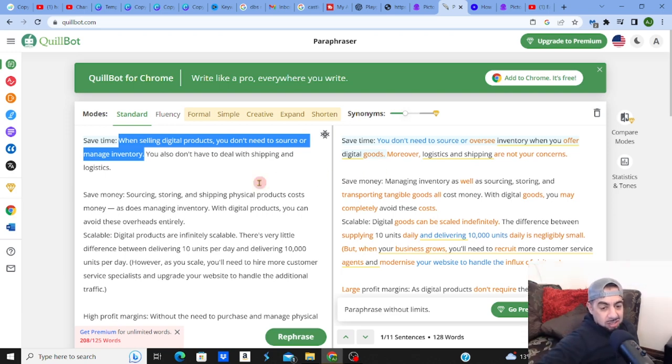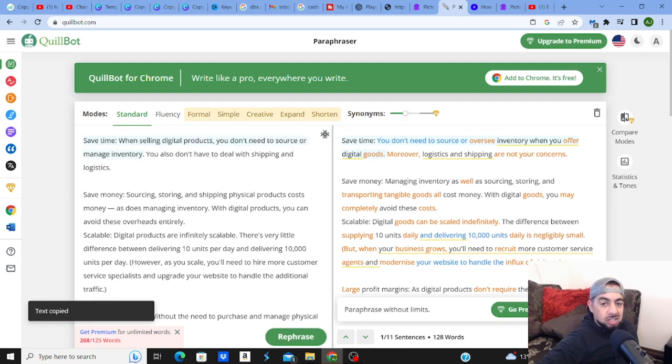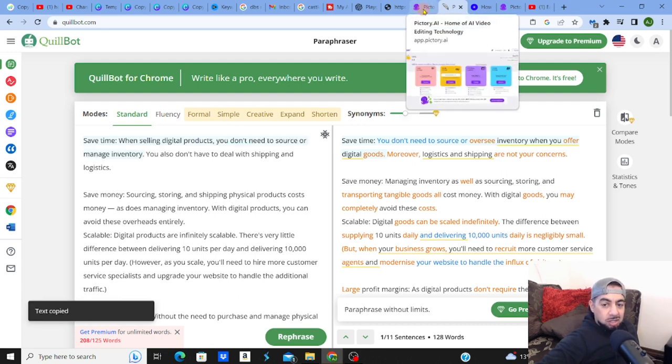Okay, so that's fantastic, guys. This is really good. Quillbot is fantastic. This is the free version. I've just used the free version, but there is a premium version which you can use, which opens up loads of features. So I'm going to copy this anyway, just for the example, and then I'm going to go to